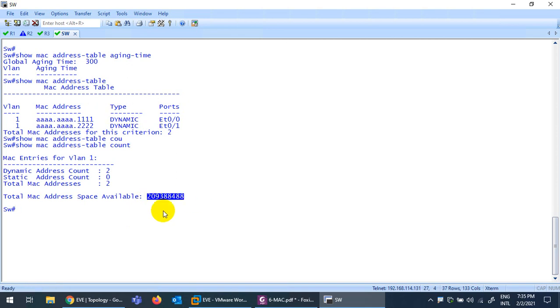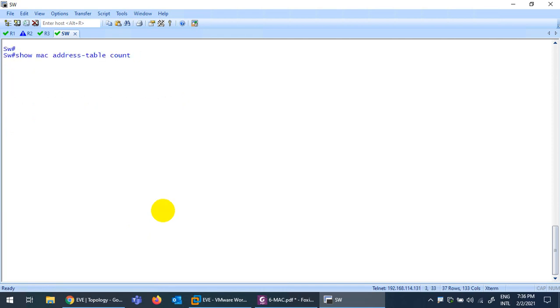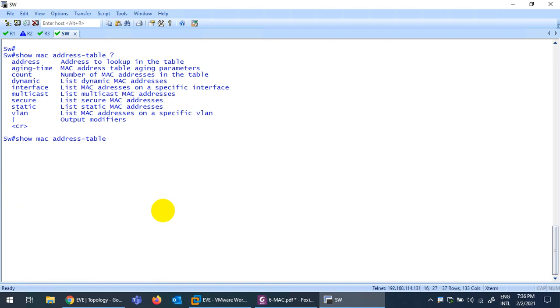So if I type the command show MAC address table and question mark, these are the things we can check related to the MAC address table, which is our topic. The first one is show MAC address table address. If you want to look for a specific address, type address, and then type the MAC address which you want to look up.